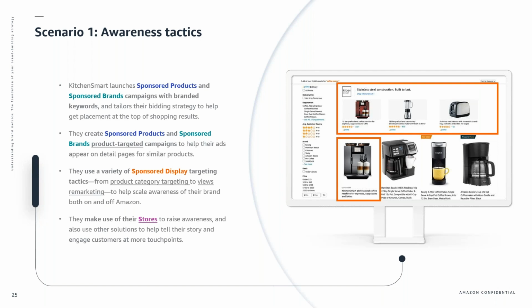And then the third is to combine it with sponsored display. You can again do category targeting, right? Product category targeting, or you can use views remarketing to help drive more awareness, right? And together, as always with a sponsored brands campaign, it's always important to ensure you have a store set up, with